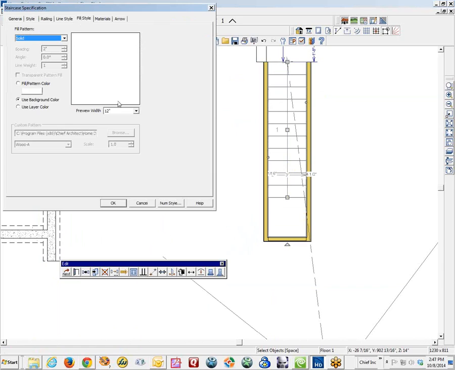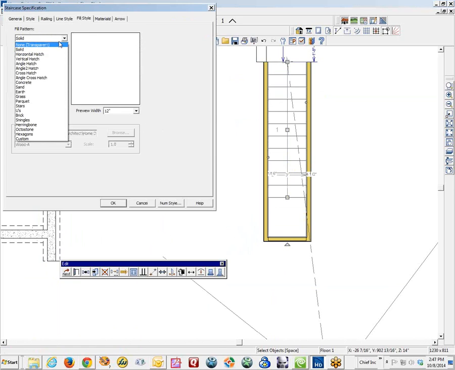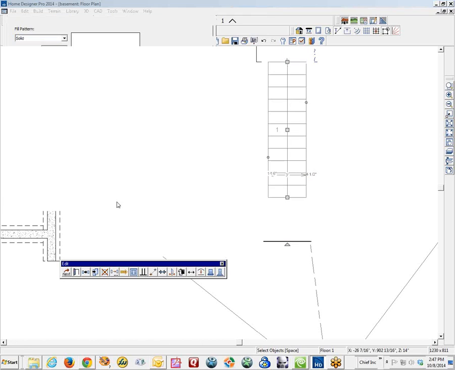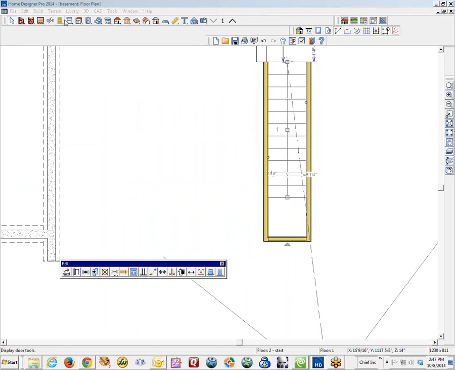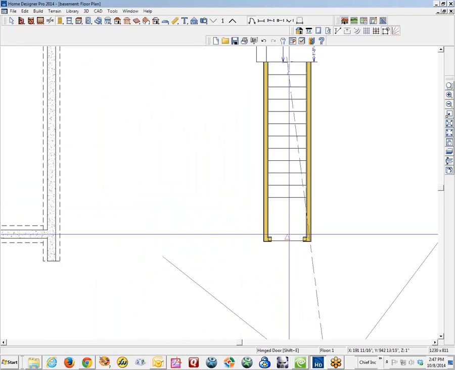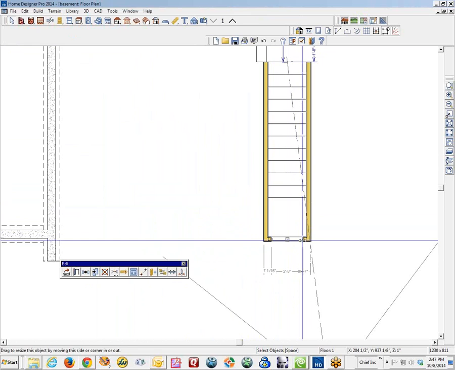Each object like this, most of them have a fill tab, and stairs and landings I often turn them off. Otherwise, if you put doors and walls underneath the stair, then